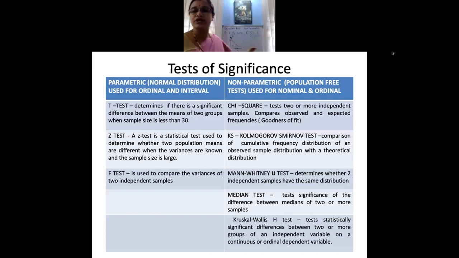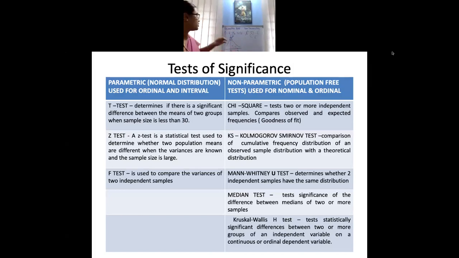Now if you note here, I have given the formula for t-test. It's very simple. Your sample mean minus your population mean, divided by the standard deviation of your sample mean divided by the root of your sample size. This is the formula for t-test. Of course, many a time you might not know the standard deviation of the population. In that case, you can take the standard deviation of the sample.